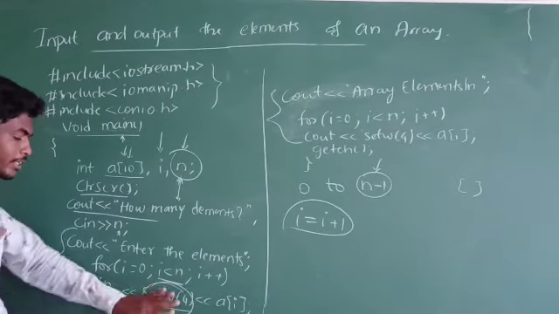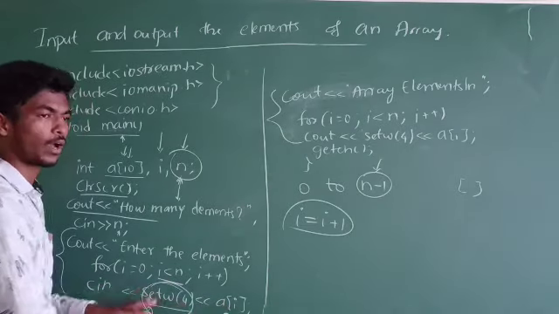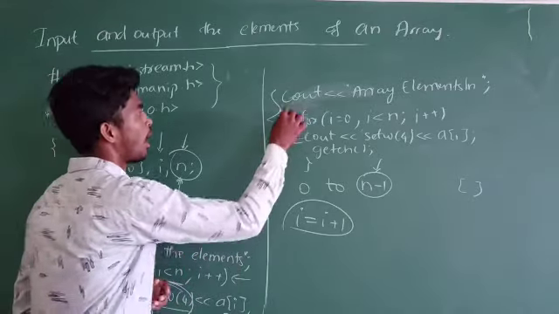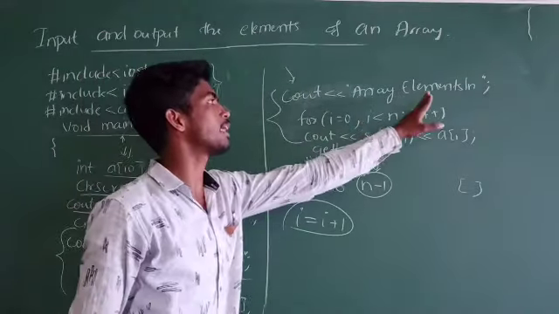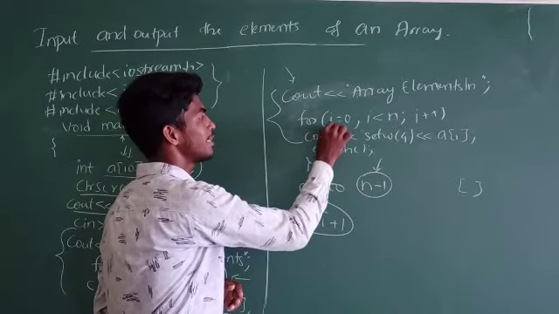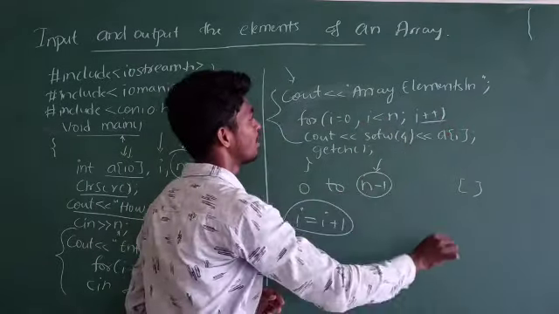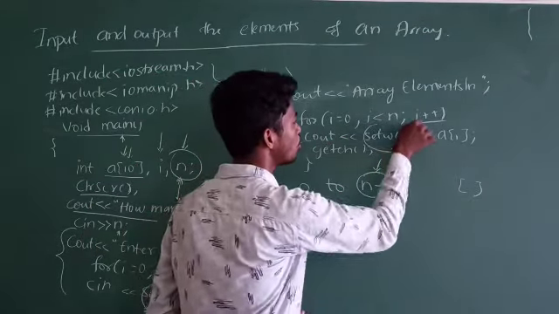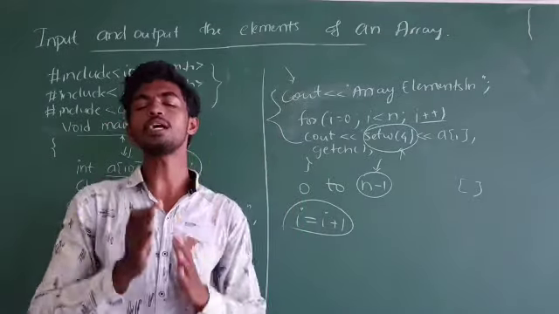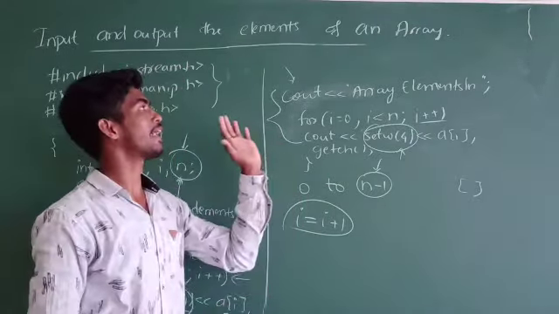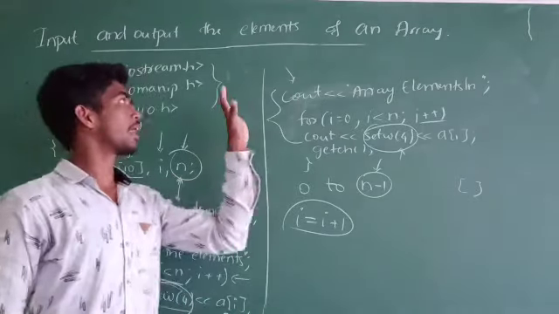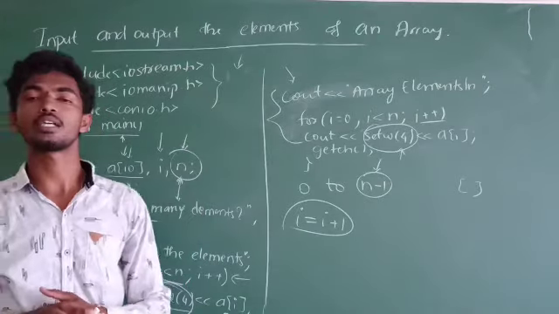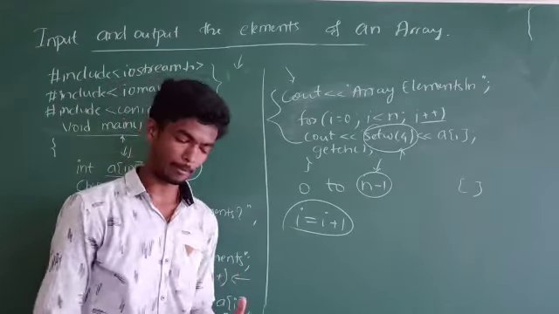So cin, no need of setw, just a[i], input the values of a[i] while running a for loop. After that cout, it will display the array elements and \n. For i is equal to 0, i less than n, i plus plus, it runs the loop up to the array elements, and setw gives you the gap between each element of an array. This is an example of traversal of an array, using an array for inputting and outputting the elements of an array.